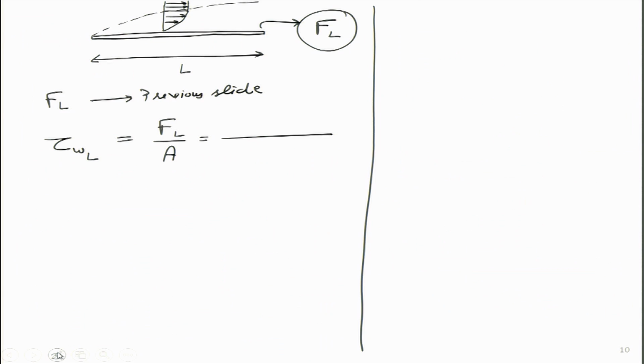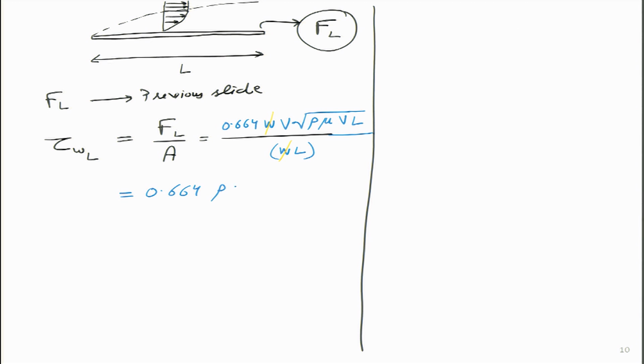Okay. So what I am going to get is this expression over here, 0.664 W, which is the width of the plate, V the free stream velocity, rho is the density of the fluid, mu is the dynamic viscosity, V again is the free stream velocity, and capital L is the length of the plate, and the area of the plate is simply width into length. We can do certain cancellations over here, and one power of L will get cancelled as well. So what we end up getting is an expression like this,